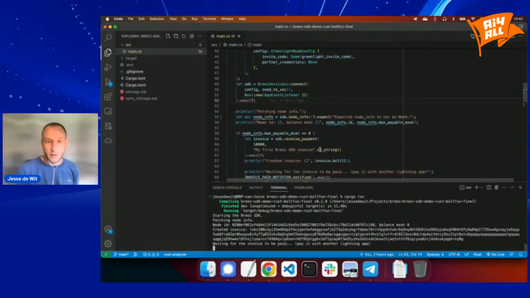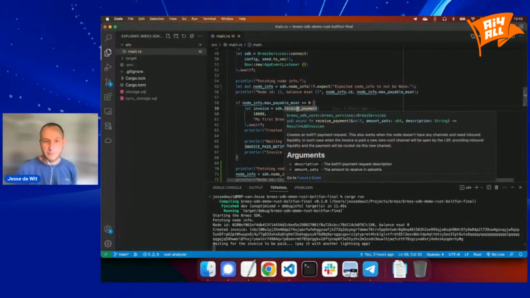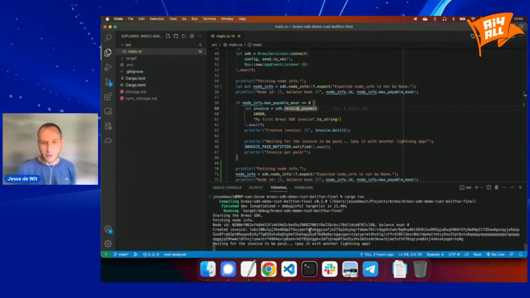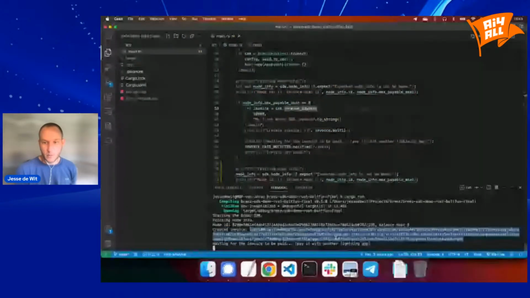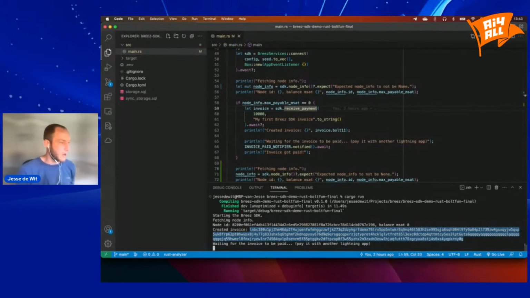And then we go over here, and we've actually called the receive payment function, and we've created an invoice. So let me copy this invoice and make sure that I pay this. I'm just going to pay it from my phone over here. So I'll show the phone in the... I just need to get that invoice copied